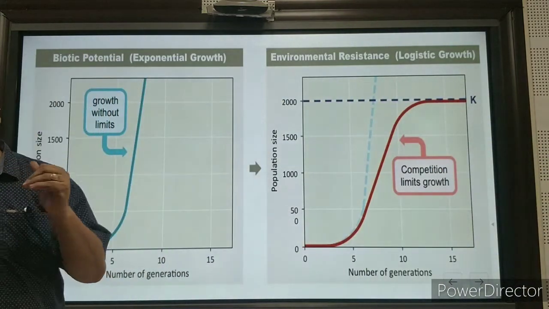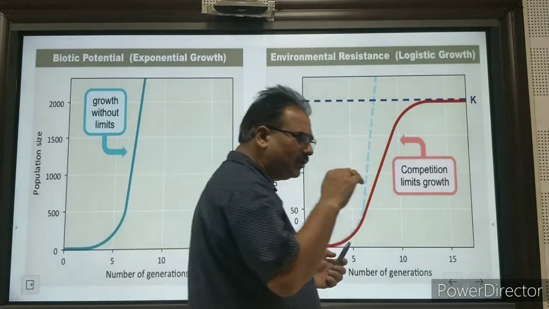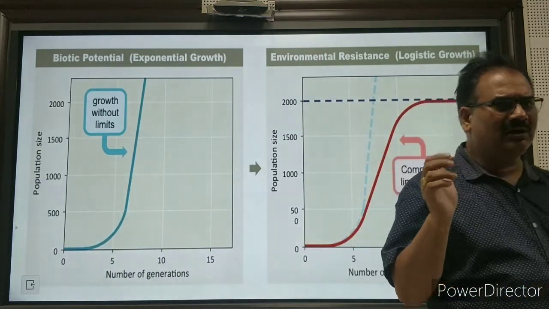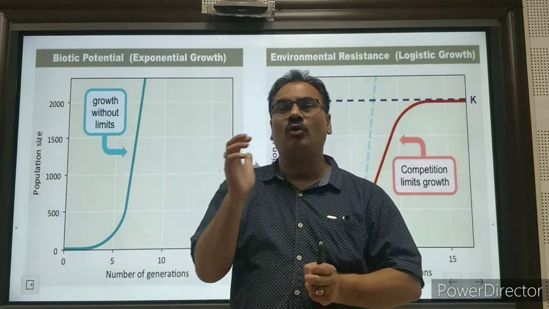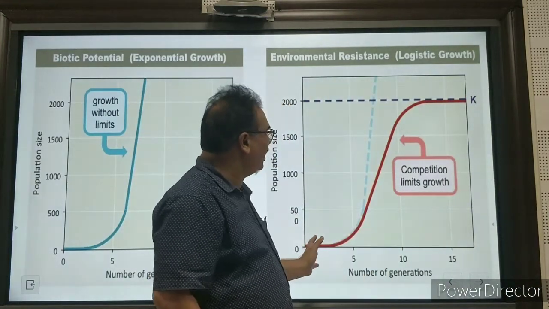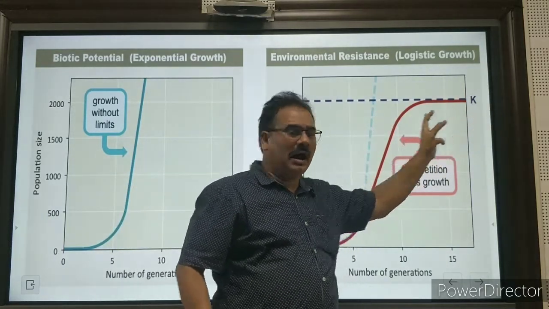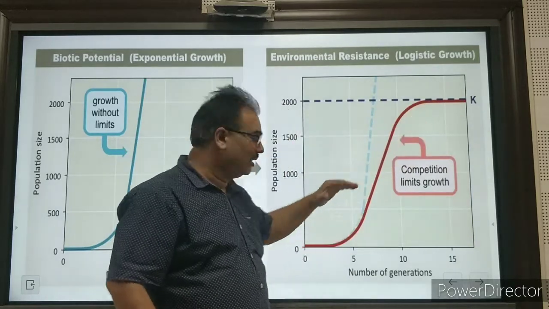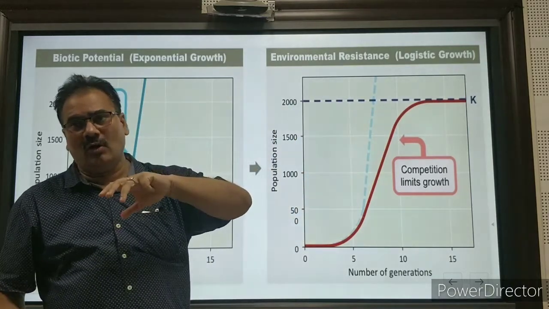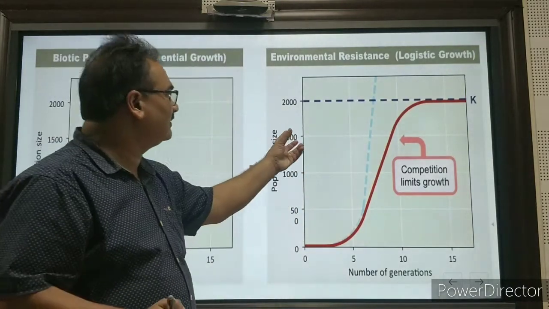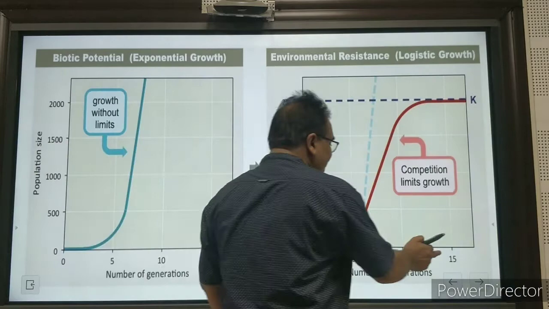First you look, some people call this growth a sigmoid pattern growth. Sigmoid pattern growth means it includes the exponential nature also, the linear nature also, and the asymptotic nature also. Means in one curve you will look at the linearity also, here you look at the asymptotic, and here this is the exponential. So exponential, linear, and asymptotic, all these clubbed together, that is called the logistic growth. And here, exponential is like this.